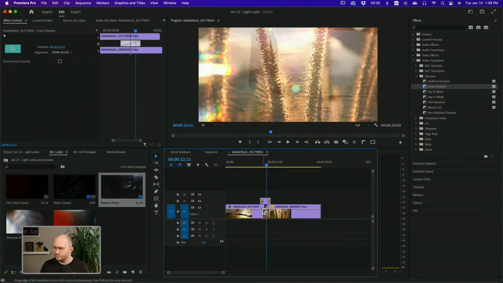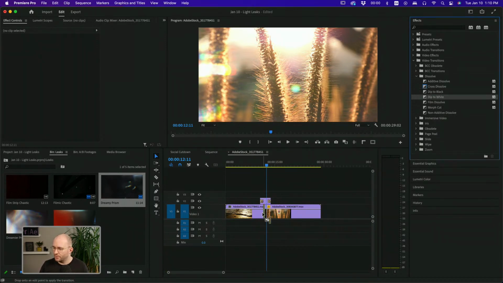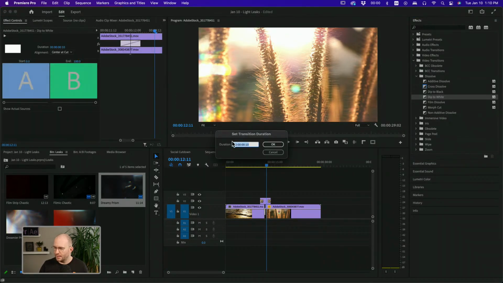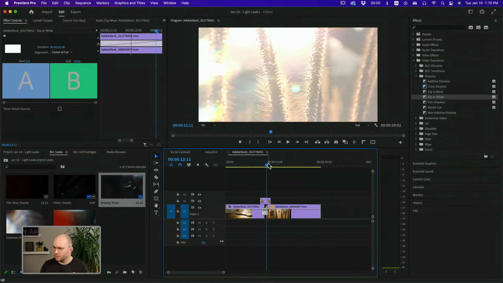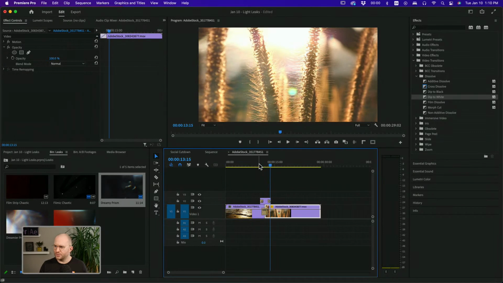But I would say that that's probably not the best version. If we want this thing to seem like it's being totally washed out with light, we want to come down to the dip to white transition. Now we're just going to deploy this dip to white over top. I'll put it on here. Let's make it, again, nice 2 seconds long, so that this is kind of prismatically blowing out the scene,